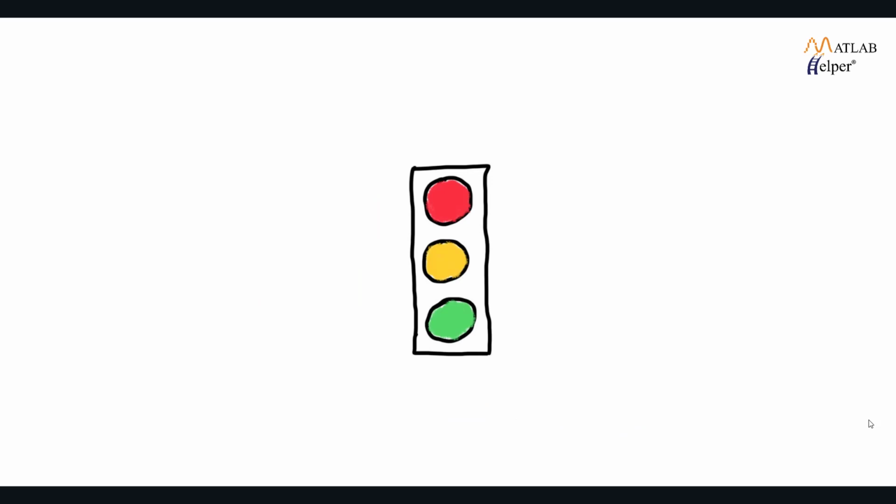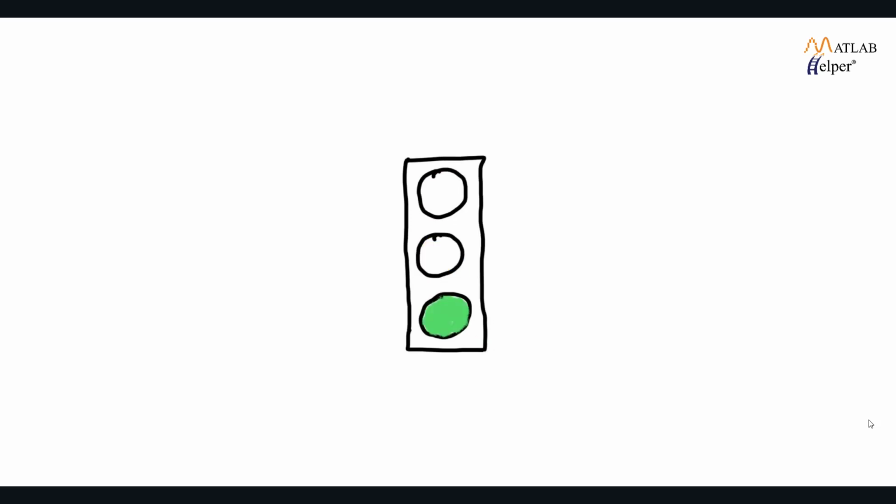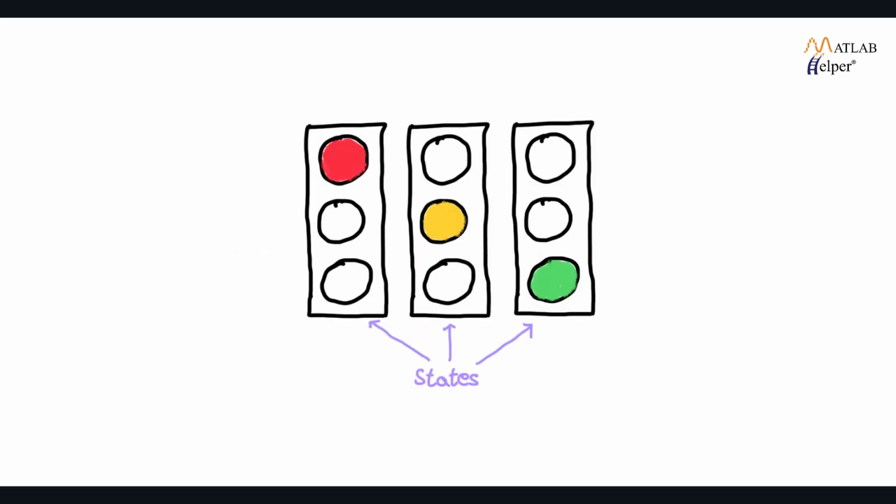The most popular and commonly found example is traffic lights. At any point of time, a traffic sign has a defined state. Typically, it either has the red light on and the other two lights off, has the yellow light on and the other two lights off, or has the green light on and the other two lights off. In state machine terminology, the individual lights are called outputs, and those three scenarios are called states.